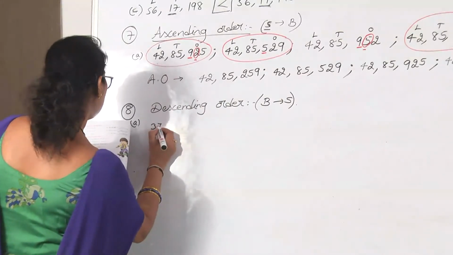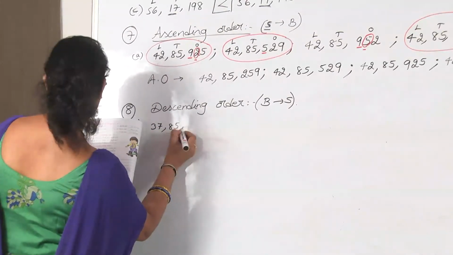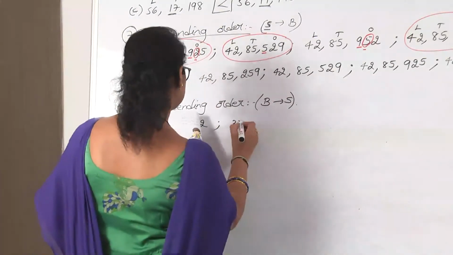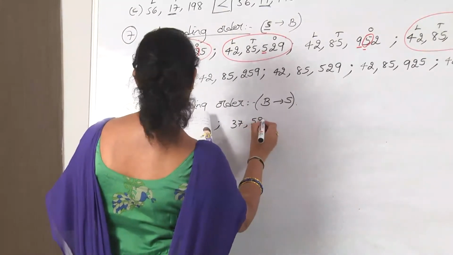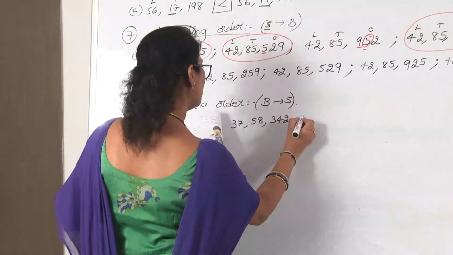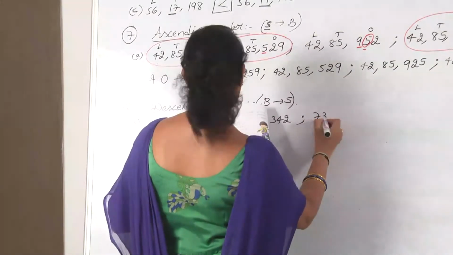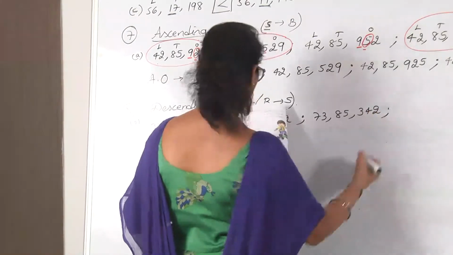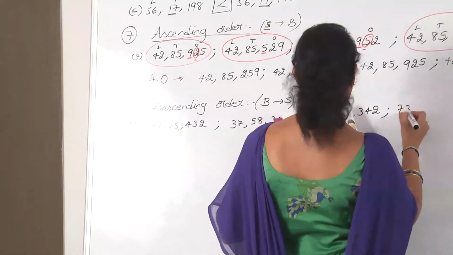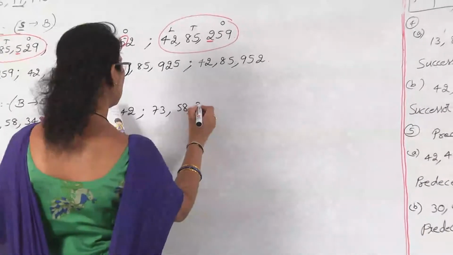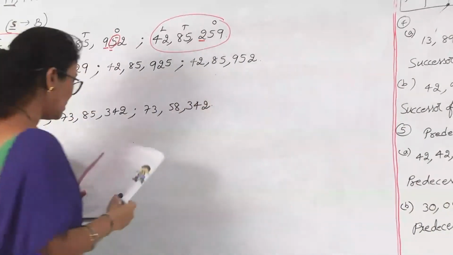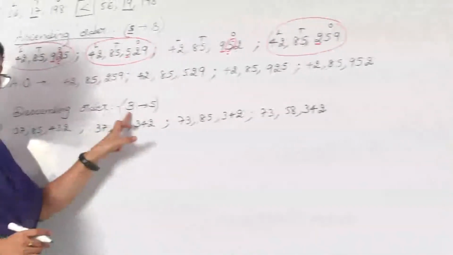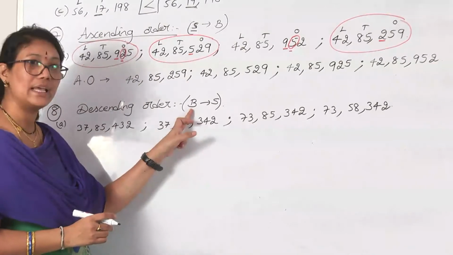It is 37 lakh 85,432. Next number 37 lakh 58,342. Then 73 lakh 85,342. The last number is 73 lakh 58,342. Now descending order means starting the first number we have to write is the biggest from the given set